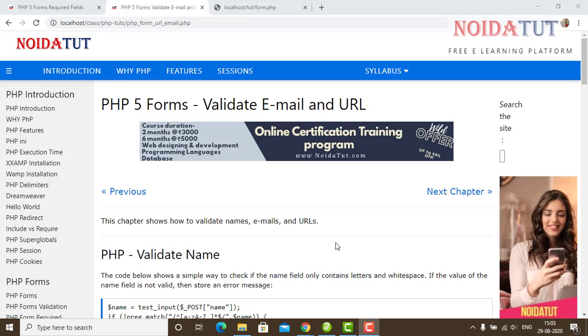Email and URL validation. Now, when we were working with the form, I would like to tell you that a form is a space given to the user to enter their data. When they enter their data, like their name, email address, mobile number, or any sort of data, we need to validate those data,